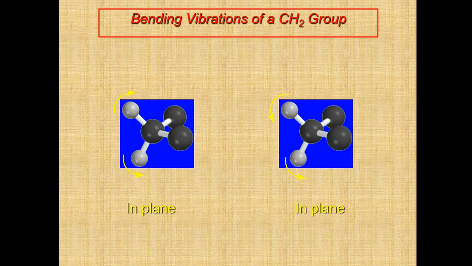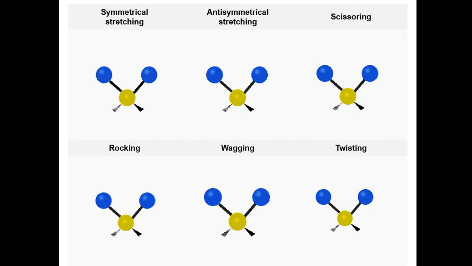Now the bending vibrations. I told you earlier there are four types of bending vibrations. First is the in plane vibration. We'll see the in plane and out of plane. In plane there is scissoring as well as rocking. These are the two in plane vibrations, where the arrows clearly show the motion. This is simple, you can see the in plane vibrations. Then next, these are the out of plane vibrations. We'll discuss these vibrations by observing the animations.